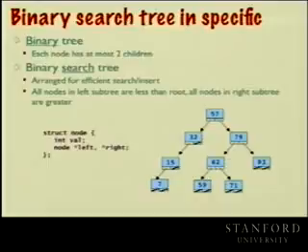So if I'm looking for something, that actually gives me the immediate access we were using the vector's sorted property for. If I'm looking for the number 70 and I start at the root node of 57, then I know it's not in the left subtree. Assuming about half the nodes are on that side, I've now discarded half of the input from consideration. It must be over here. Then I again recursively apply the same search property. If I'm looking for 70, is it going to be before or after 79? It's going to be before. So I throw away anything on the right subtree of 79 and work my way